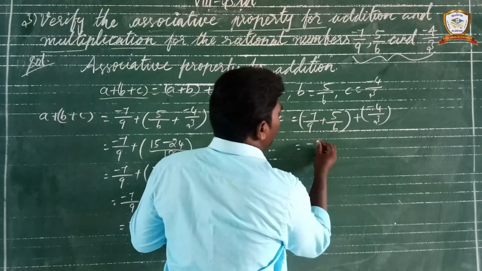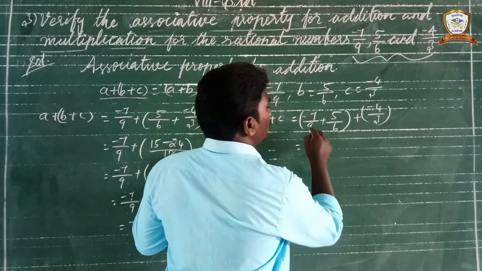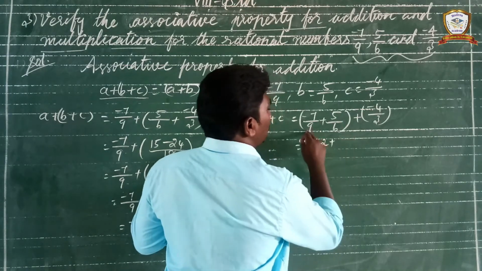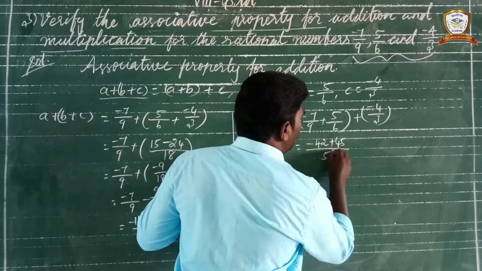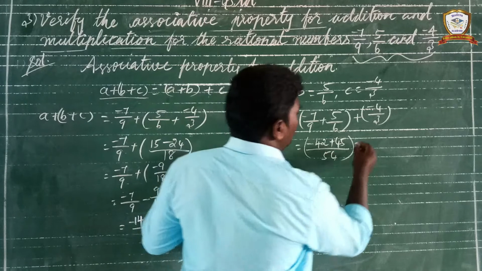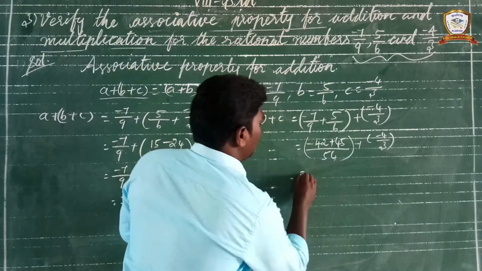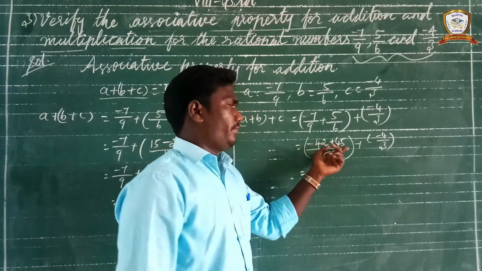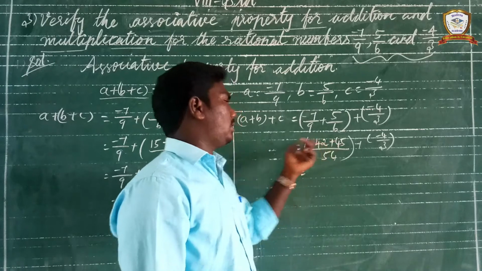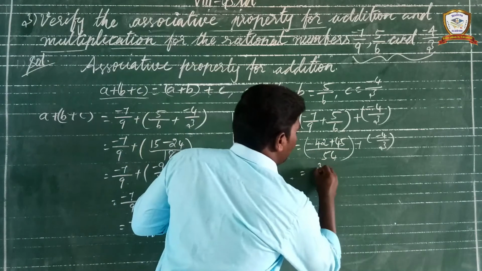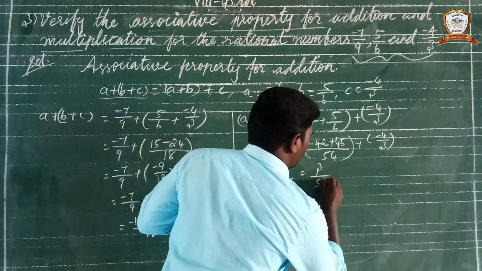Plus into minus, 7 6s are 42. Plus into plus, 9 5s are 45, divided by 9 6s are 54. Okay. The next is plus of minus 4 by 3. Are you clear? The next here, minus 42 plus 45. So this is a different sign. So for different signs we subtract: 45 minus 42 is 3. The bigger number's sign is plus, so 3 divided by 54.